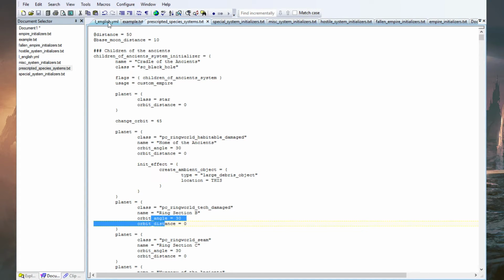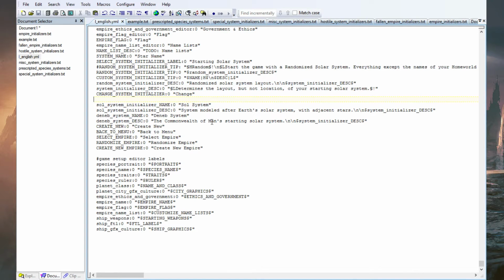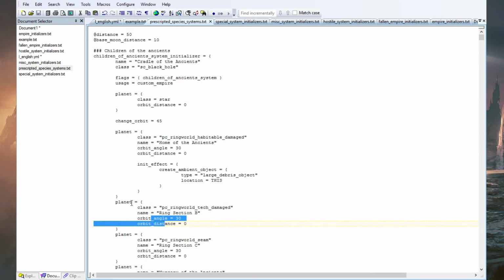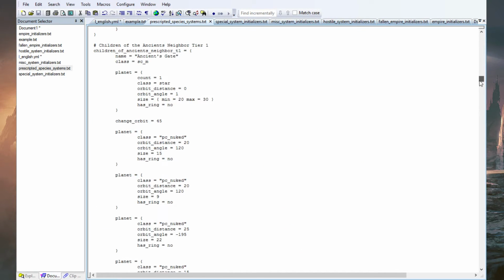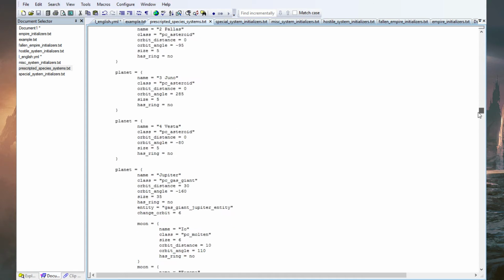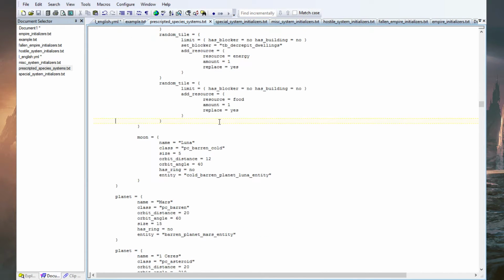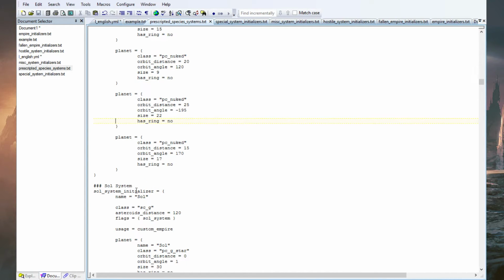And we need to go again to the localization file, and we need to give a description to our system. So here's the Sol system and the Deneb system. So this is the same Sol system initializer as we saw down here. That's the neighbor. Yeah, so the Sol system initializer in here